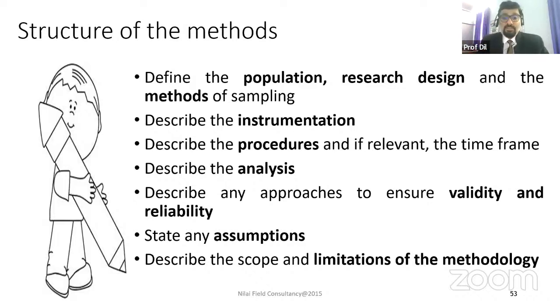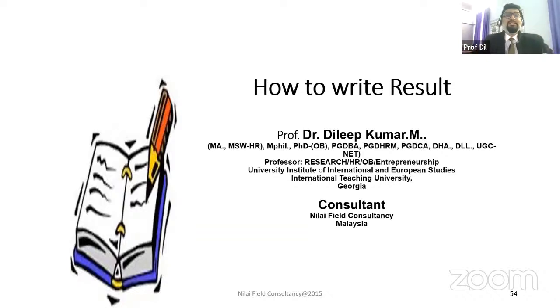So how it is, this is most important. And then connecting to the limitations: if you want to write, otherwise you leave it. It will be giving a frank opinion about you. You are independent, you are completely impartial. So this is the section with which we are finishing off our methodology section.